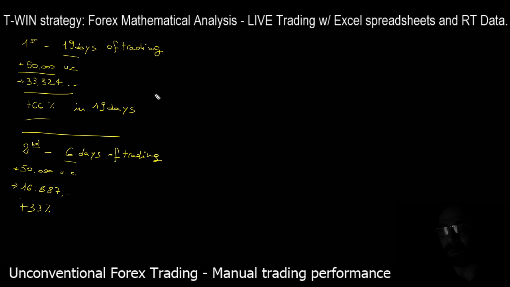Okay, so by doing the math till now, by starting with the 50,000 units of trading, the effective gain in 19 plus 6, so 25 days of effective trading was 33,324 plus 16,887